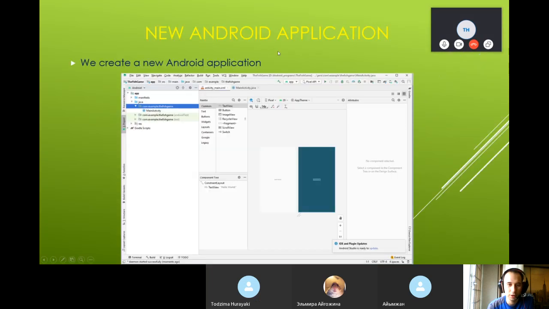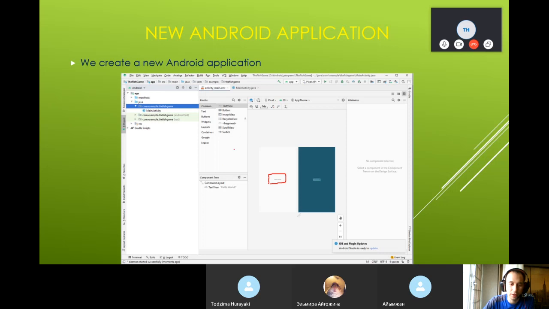In this laboratory work, you will need to create the new Android Studio application for the game, and as usual you create the new application where you have the main activity screen that has a standard text like Hello World. So you have it here, and after you have created the application, you can add new activities and change